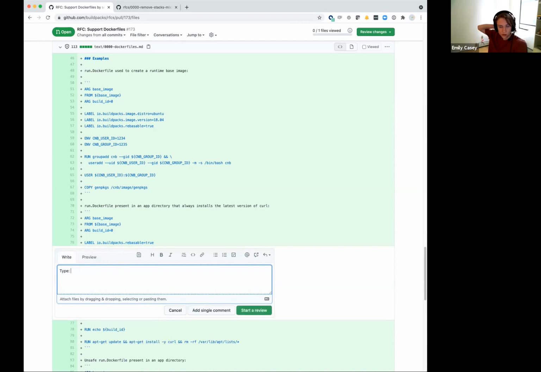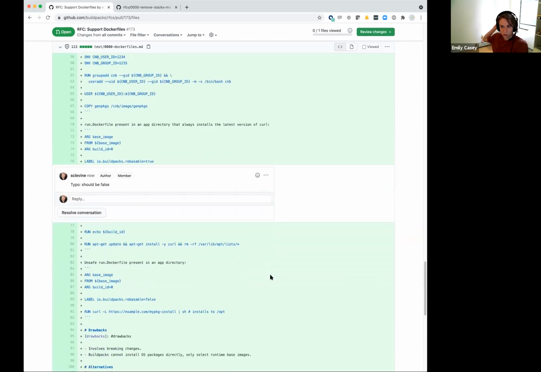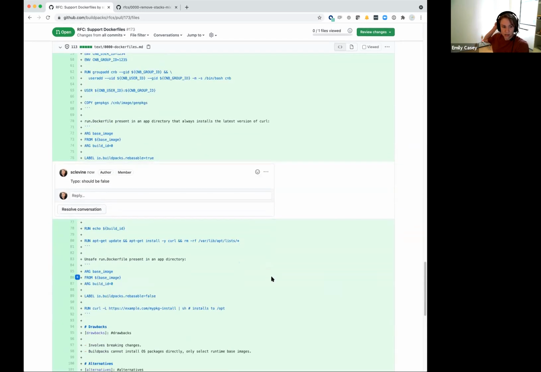I feel like one of the goals here, especially if we're going to do the Cyclone DX thing rather than a flat list of packages, is that you can just run existing Cyclone DX tooling. Do we want to make people copy this in? Maybe we should provide a thing that runs these Docker files and generates the Cyclone DX at the end, instead of leaving it as an exercise in the Docker file.